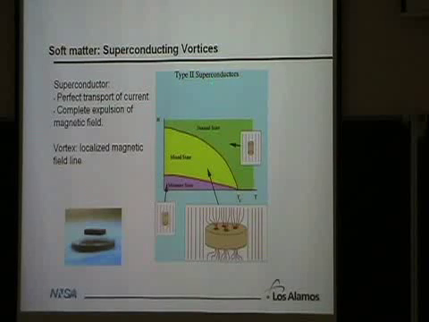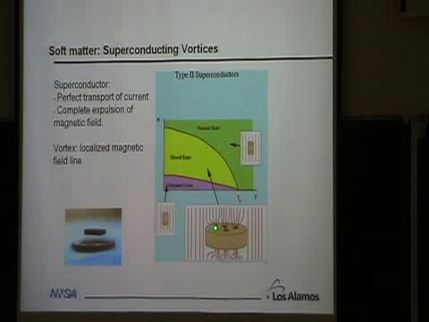But type 2 superconductors have a very large range of field and temperature where they enter what's called a mixed state. And in this state, they essentially cheat. Rather than having the magnetic field completely come in and destroy all the superconductivity, they make a compromise, and they say, well, magnetic field will be allowed to penetrate, but only in little quantized bundles, which are called vortices or flux quanta. At the center of each one is an equal amount of magnetic flux. Around the outside of each one is a circulating supercurrent, which screens the remaining material from the magnetic field.